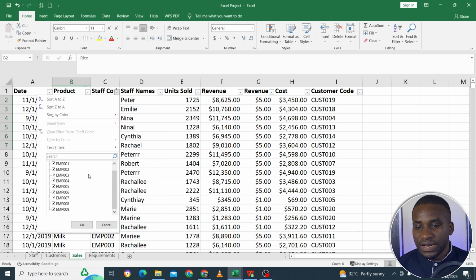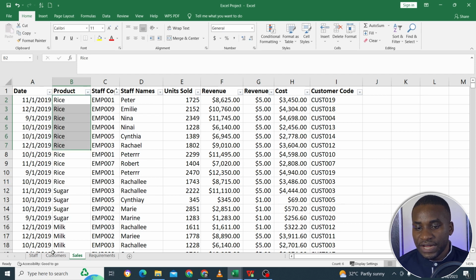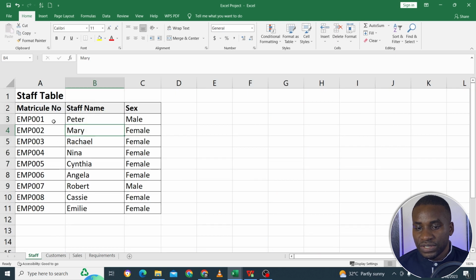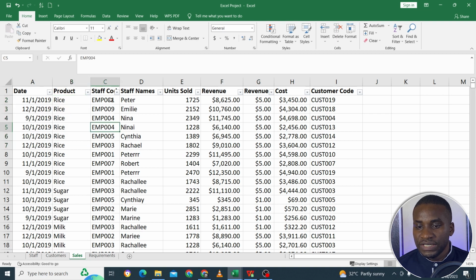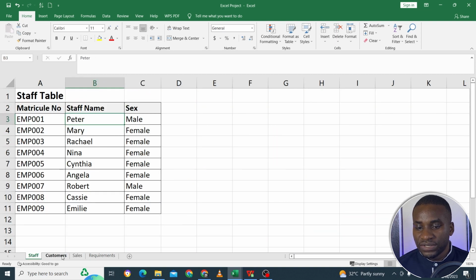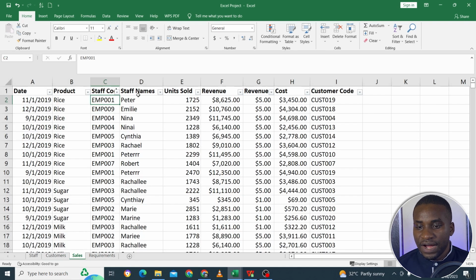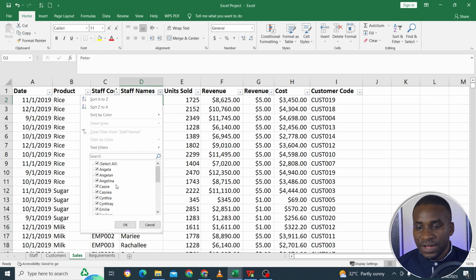So we see again the 9 staff code appear here. So it reminds us that this is linked to this table. So this is the primary key here, which is determining each staff, this matricule number. And then this here is a foreign key because it links to this other table here. So it's interesting to know that now we see them, Peter, and then when we click here, we see